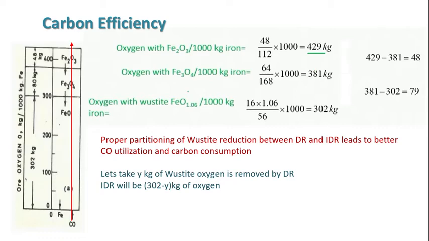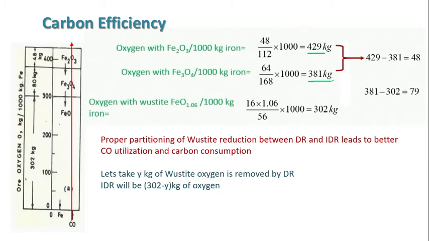If we are talking about Fe3O4, then it will give 381 kg of oxygen. It means for reducing hematite to magnetite, we have to remove 429 minus 381 equal to 48 kg of oxygen. Similarly, oxygen with wustite,